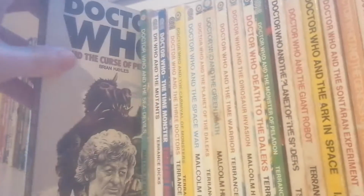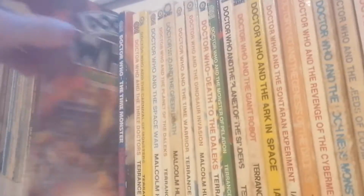Doctor Who, The Day of the Daleks. The Curse of Peladon. The Sea Devils, again another one I'm very happy to have. The Mutants. The Time Monster, which again is not the best story, but I'm glad to have it because it's rare. And also, this one's actually signed by